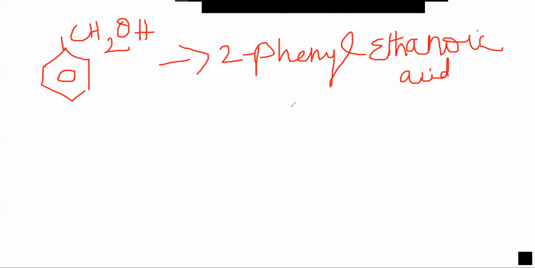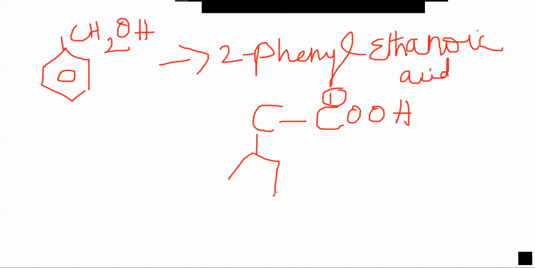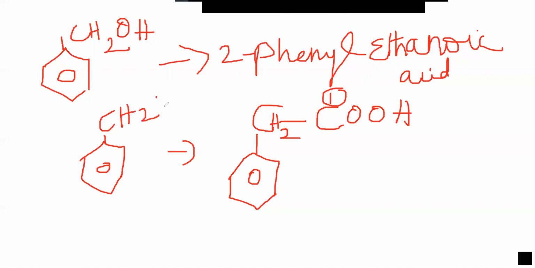First we will start from ethanoic. Eth means 2 carbons. Acid means COOH. So one of the carbons gets converted into acid, ethanoic acid. On the second carbon, phenyl gets attached, that is, the benzene ring gets attached. This is carbon one because this is the functional group carbon. On the second carbon you have phenyl substitution. So this is the structure of 2-phenyl ethanoic acid. So you have to convert benzyl alcohol to 2-phenyl ethanoic acid.